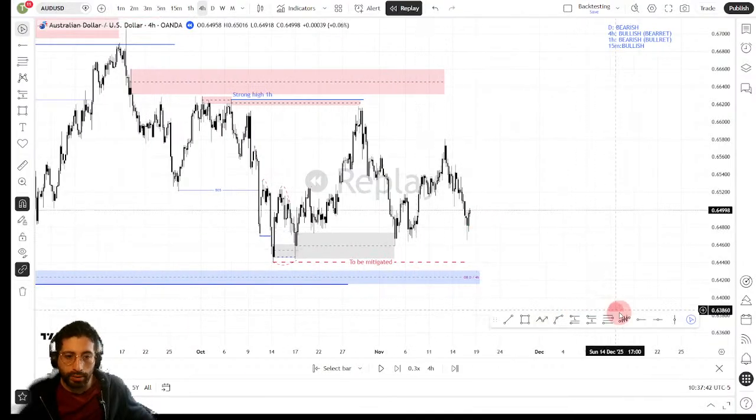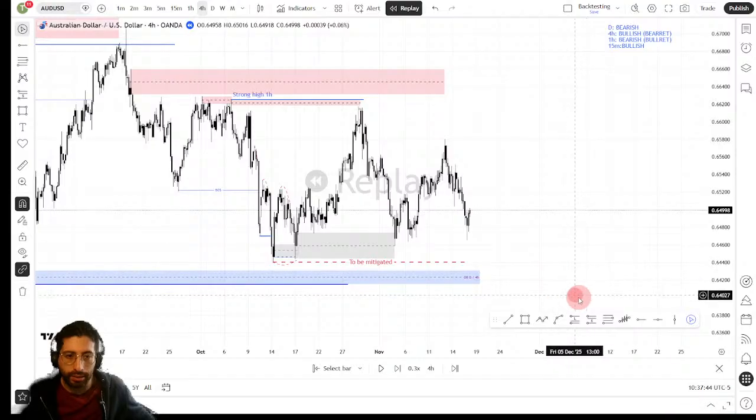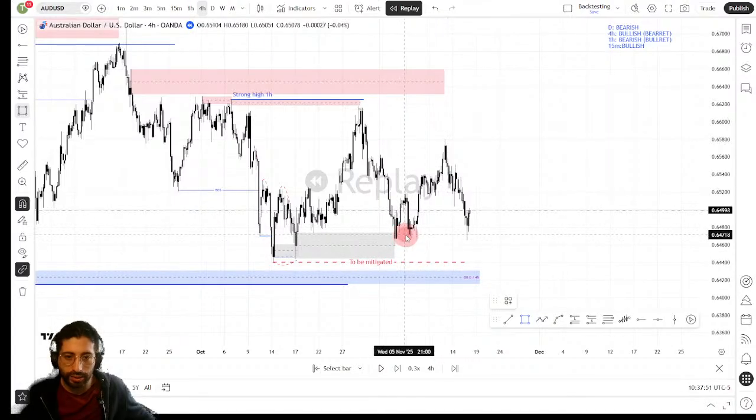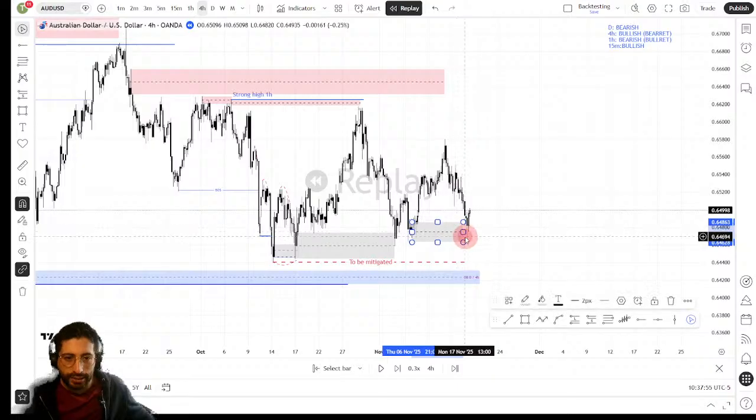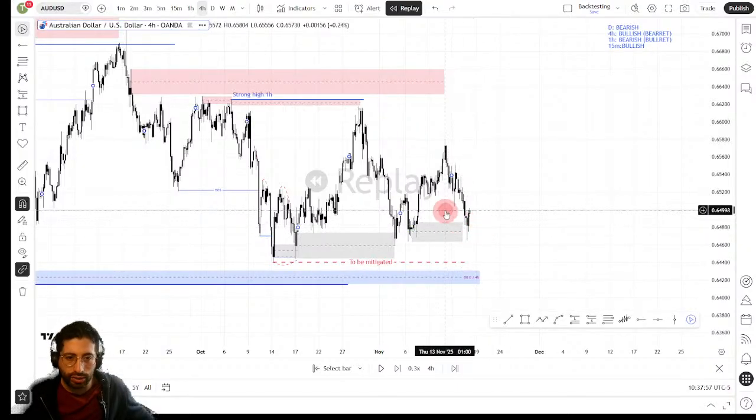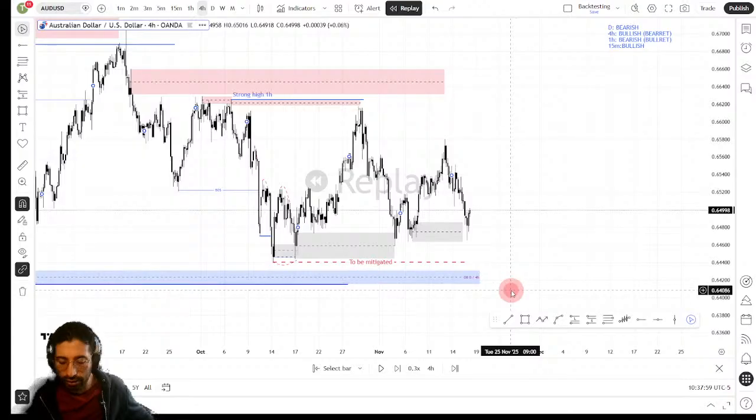Now, what may happen here? I don't know. This is what I think may happen, right? It's not what it will, but what I consider based on my experience and what I'm seeing in the market, right? So after the price gets to this order block for hours, it can do a certain retracement,